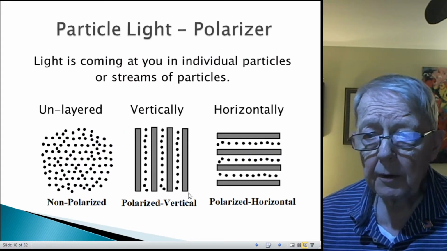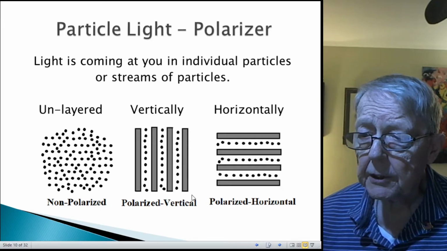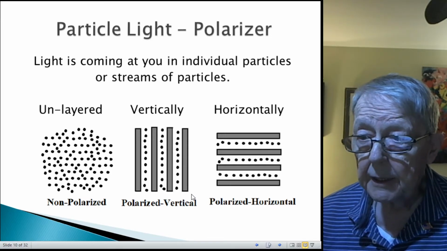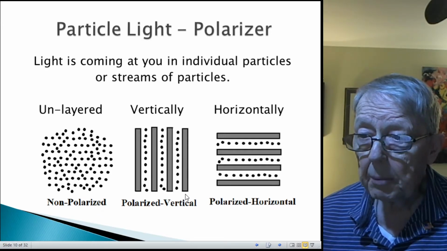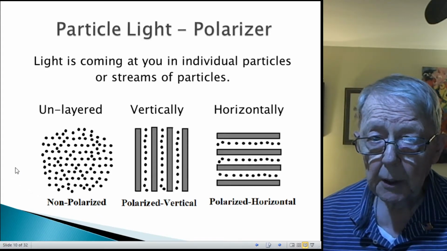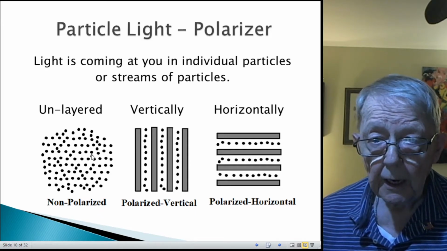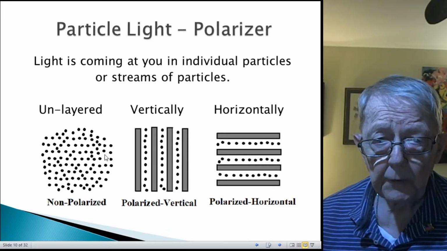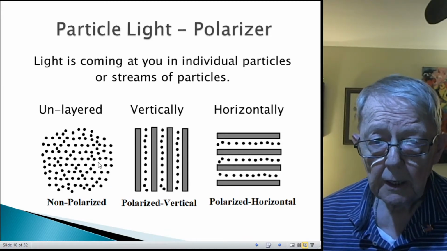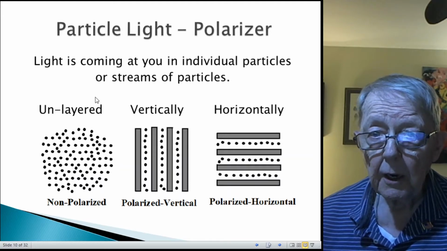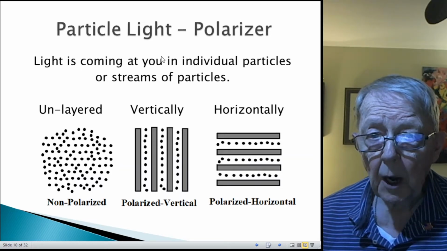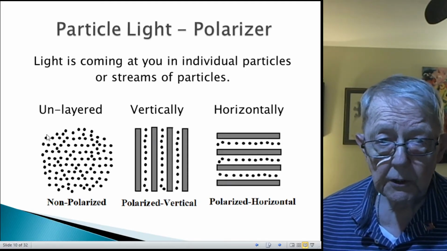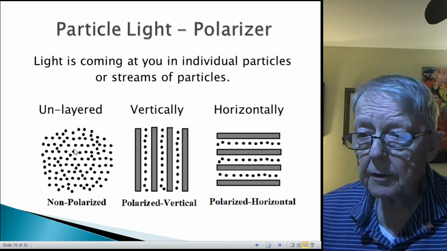Well, the particle model for light I showed you earlier is the stream of G1 particles moving at speed c, and it has a pattern to it, and it has a series of peaks and valleys. I don't show that here, and this is what I call what they would call non-polarized light. These are just streams of particles. They're coming at you. This is coming toward you, looking, and these are just a whole bunch of light coming